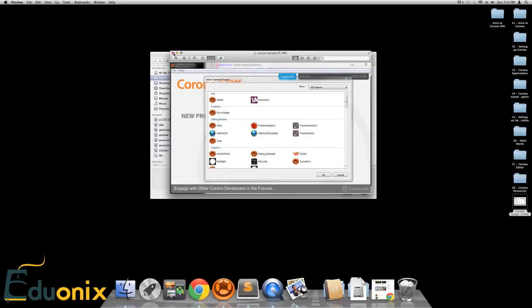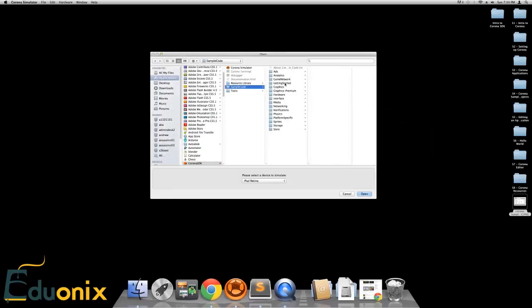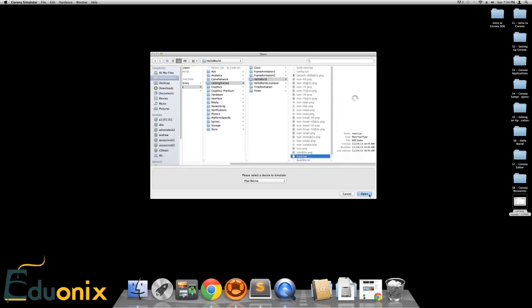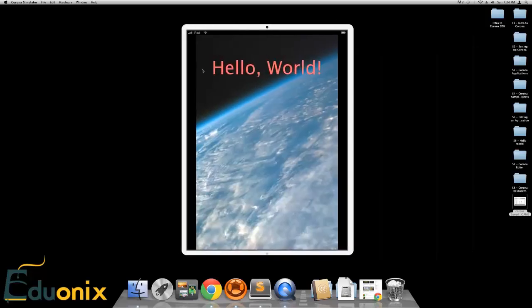What we want to do is go to the Getting Started folder, and then go to Hello World. Once you have the main file selected in Hello World, click Open, and you should get a very simple application showing Hello World. This is text and an image being shown. It's about as simple as you can get of an application, and in section 6 we'll go through making one